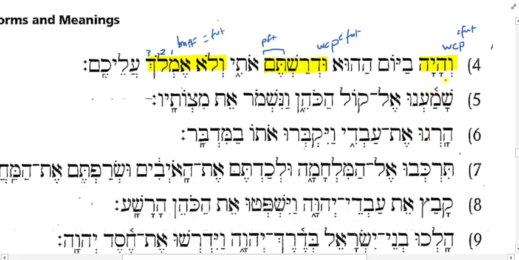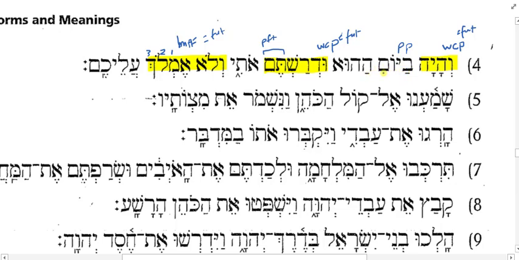But as you remember, when we start with vayhi and v'haya, followed by a prepositional phrase, and then another WCI or WCP after it, we don't really want to translate the v'haya here. We want to just remind ourselves this means future, and then our translation will begin with the prepositional phrase, bayom